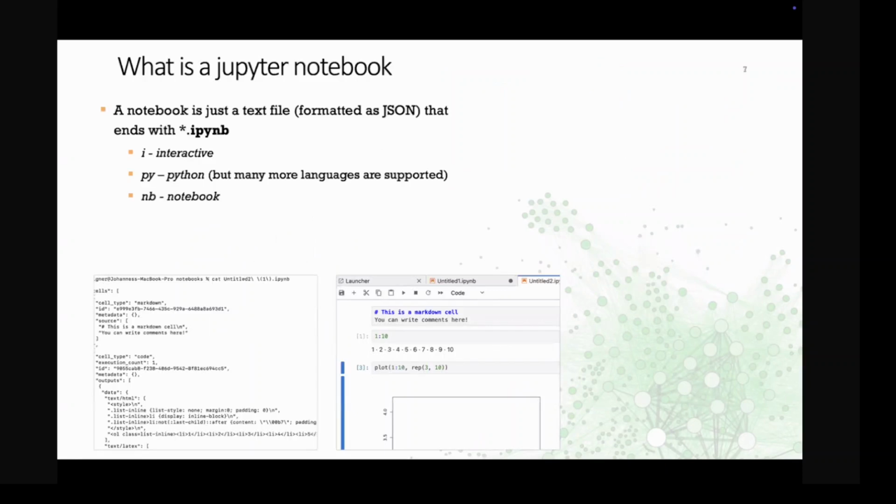A Jupyter notebook is basically nothing else than a text file. And Ivo just said in a previous lecture that text files are a good idea. They're very open. They're very interchangeable. And a Jupyter notebook is a JSON text file. JSON is JavaScript Object Notation. That's a specific way how to structure a text file. And the Jupyter notebook ends with the